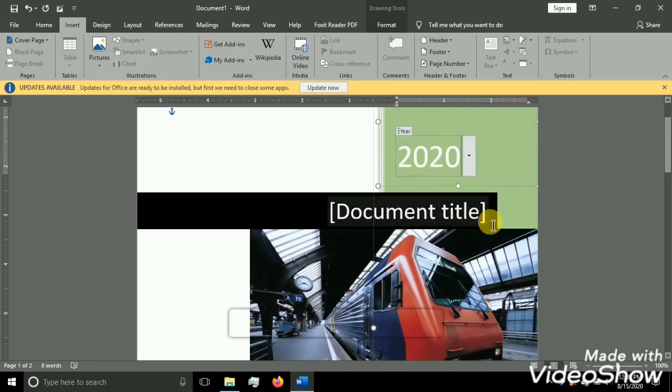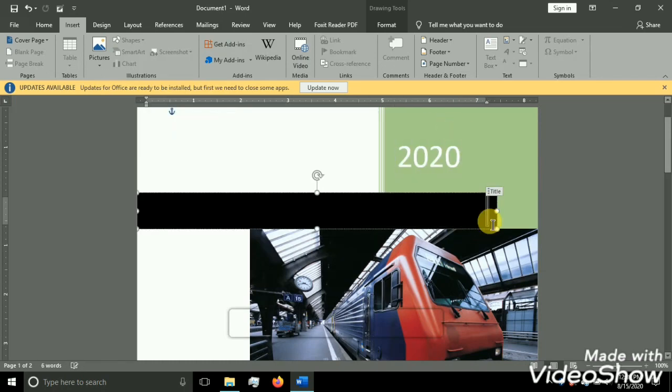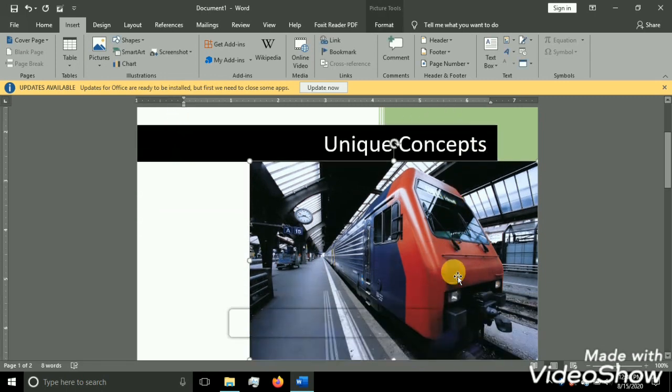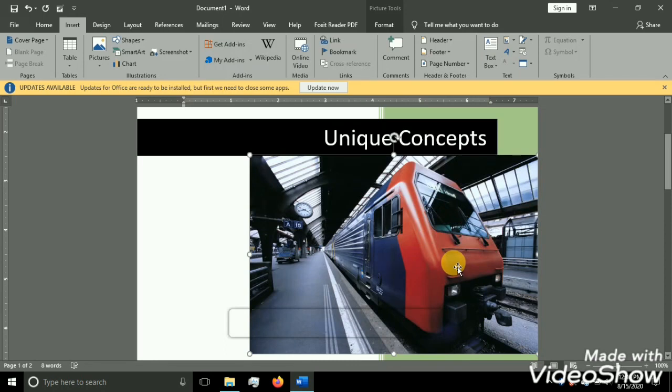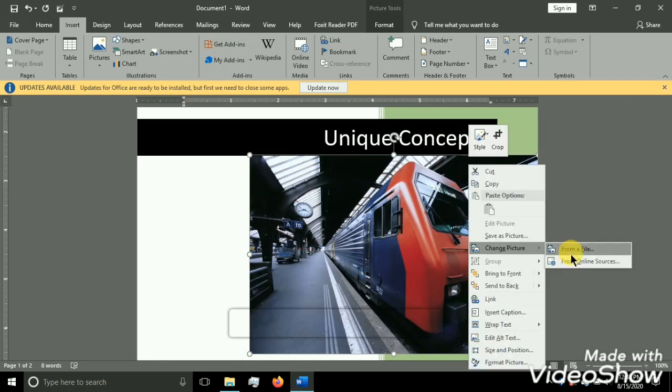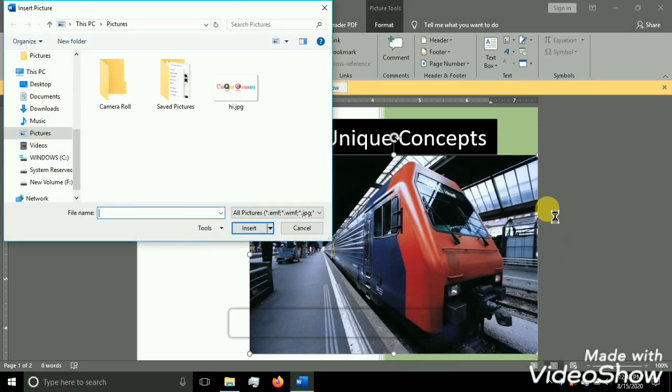Next, here I can change the picture. We already have a picture here, so I can change the picture by right click, and I can change the picture from a file or from an online source. Now I am selecting from file.